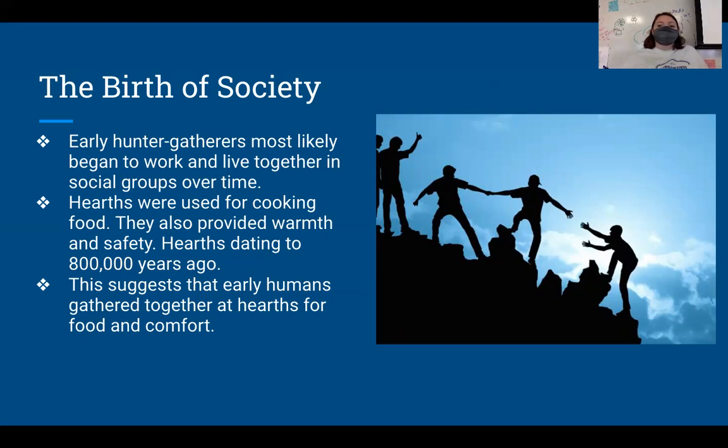If we think back to the very beginning of this trimester, we talked about the fact that the two main motivators of all early humans are food and sex. So hearths can come together and create a singular place to find both. I know that sounds kind of yucky, but that's a singular place that you can go to cook food and find social comfort, or social well-being, aka sex.